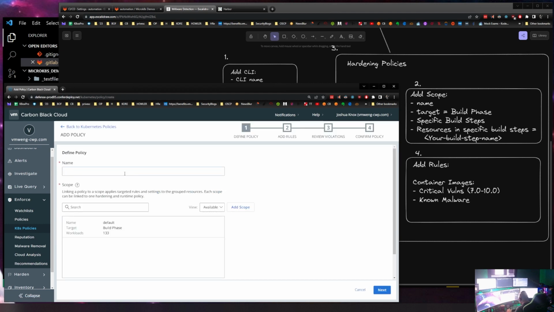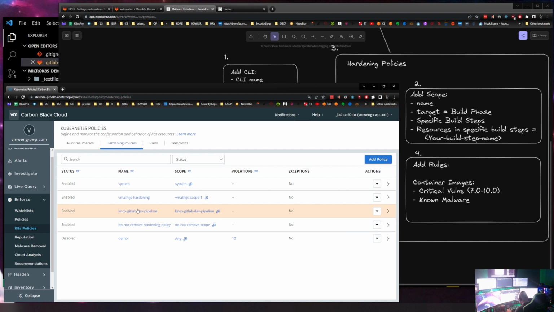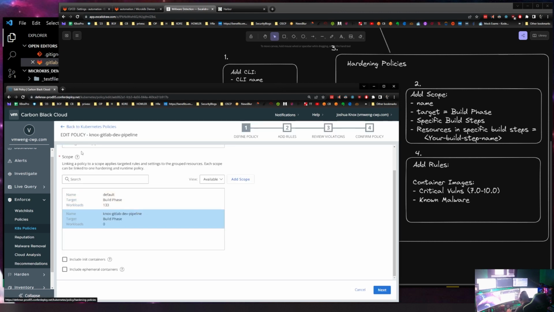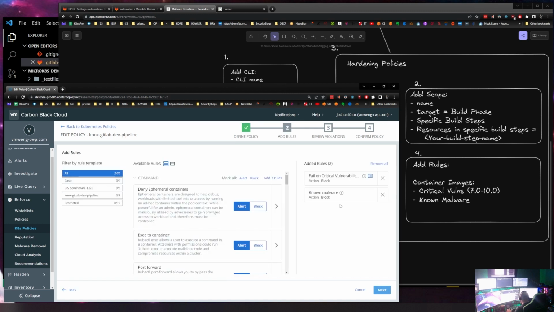It's going to ask you to add a scope to it. And we've already done that, so I'm not going to worry about it. I'm going to hit cancel. Yes, and I'm going to instead go into here and see here, it's the exact same window. It's going to edit the policy that I already made. So Nox GitLab dev pipeline, we select the scope. So this is, remember, we're editing the hardening policy. We are attaching it to the scope, Nox GitLab dev pipeline. That's what we're doing right now. And then we go to next. And now we are adding